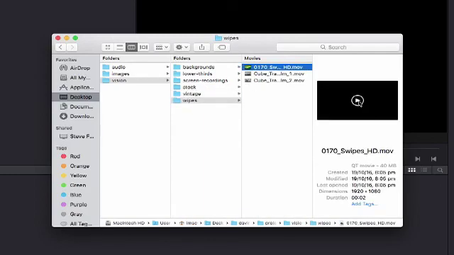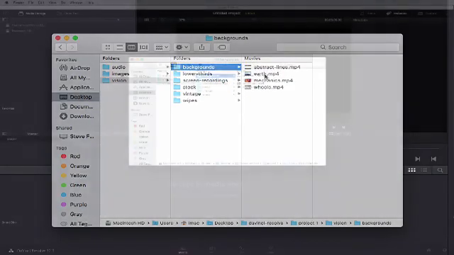And we've also got some wipes, and these are great for just transitioning in between clips. Okay, so we'll go back to our backgrounds,